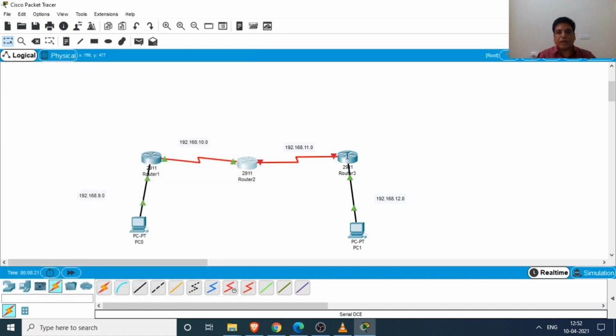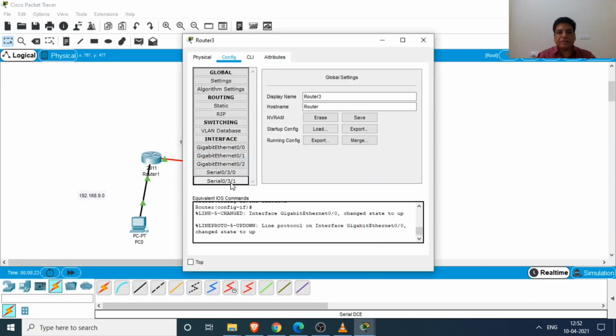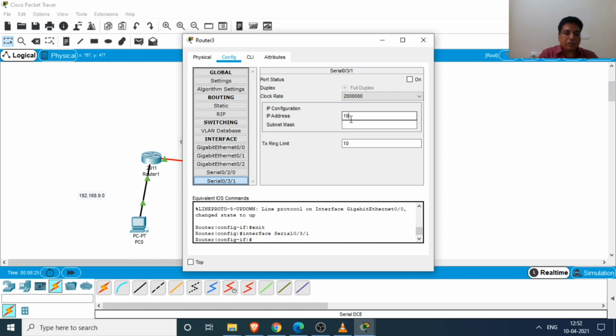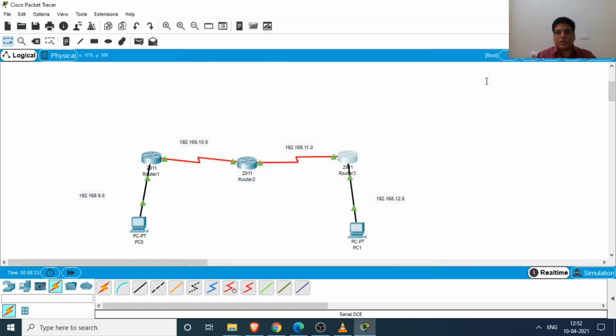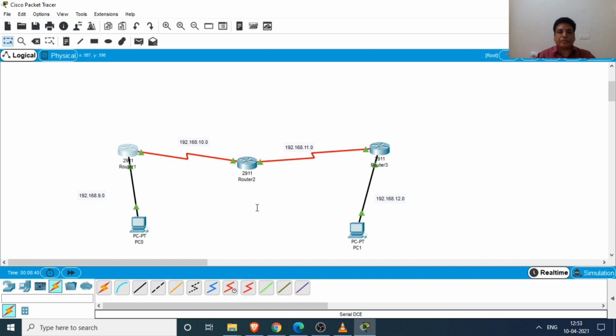Similar for this port, we are giving the address 192.168.11.2, subnet mask for the class C, and the on the ports. So here I think we can see that our network is properly configured. All the ports are given the address.